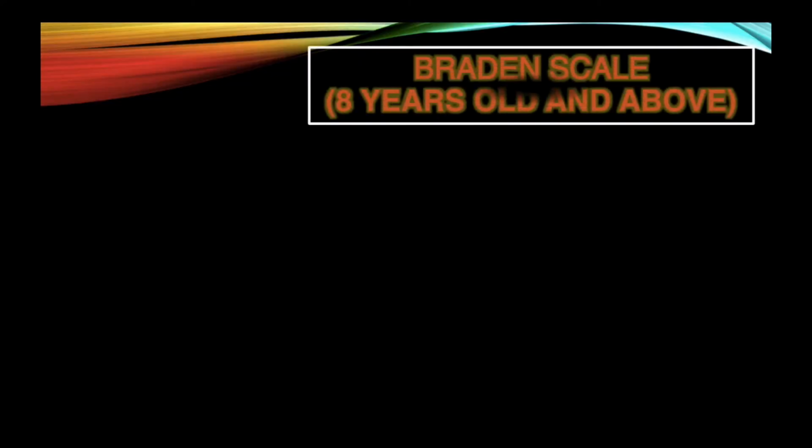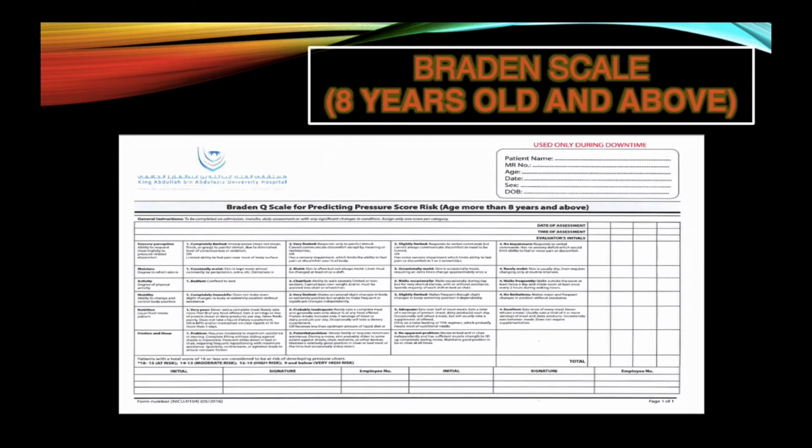Lastly, the Braden scale for 8 years old and above. Assess each of the 6 subscales and select the description for each category that best describes the patient's current condition. The 6 subscales are sensory perception, moisture, activity, mobility, nutrition, friction, and shear. Each of the 6 subscales is scored from 1 to 4, except for friction and shear, which is scored 1